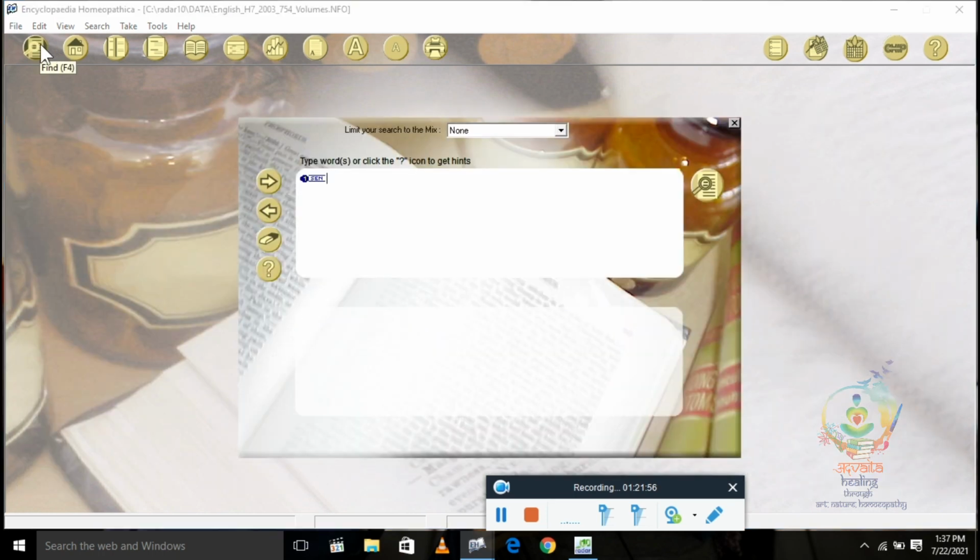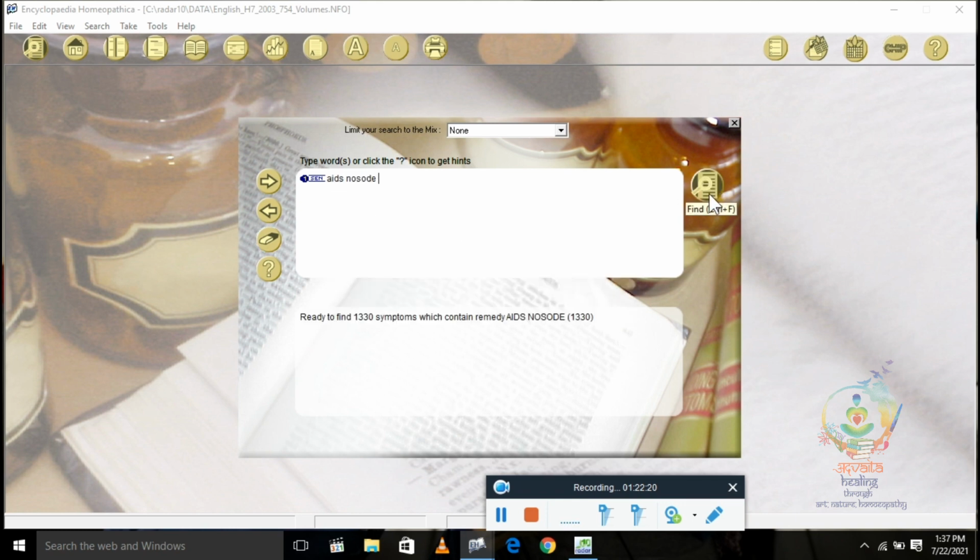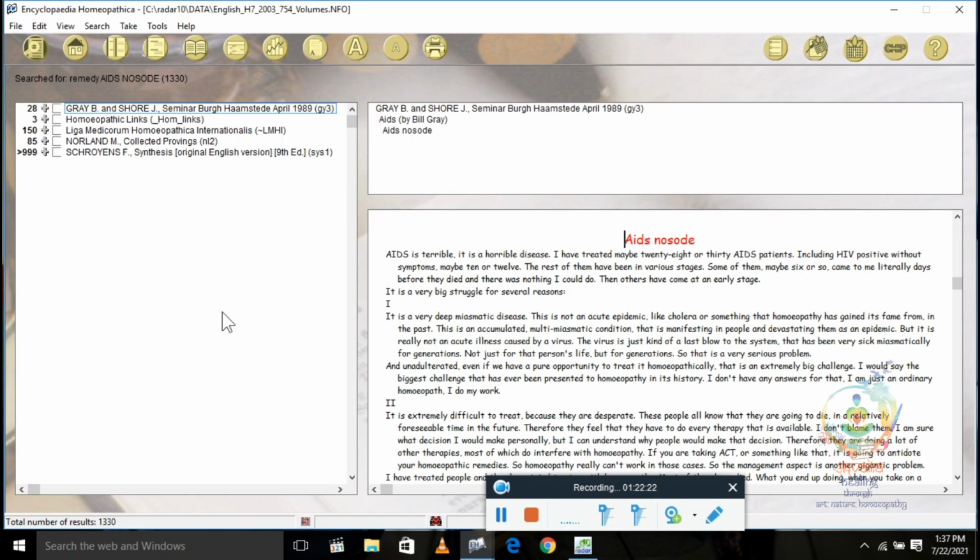Now let's see, if you want to read rare remedies, many are thinking that new remedies are added in the new software which are not there in old software. Let me show you. If you want to read AIDS nosode, which is a very rare remedy, see here, AIDS nosode is also given, you can just read it.